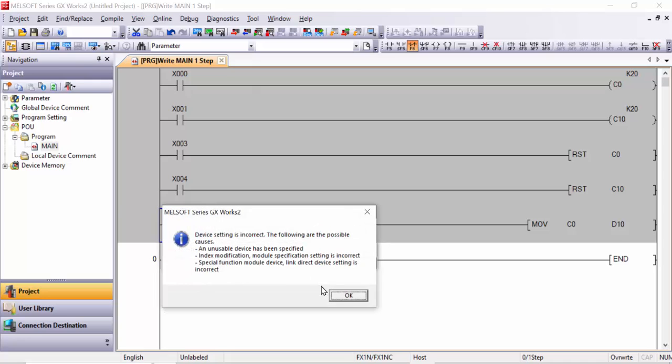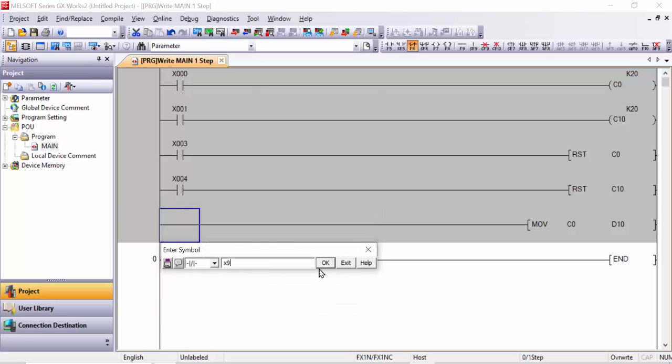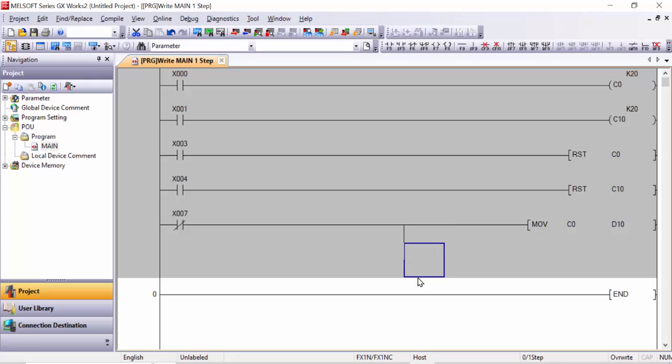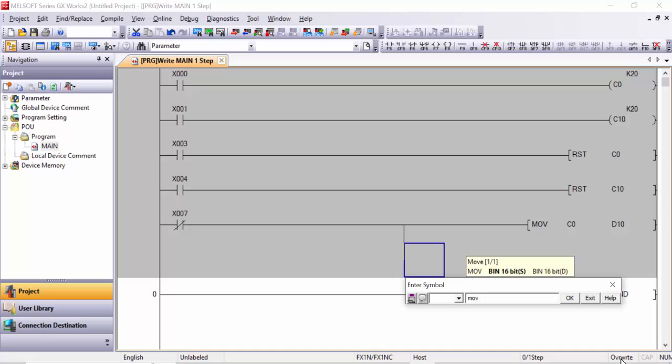X9, sorry, X9 is not there, X7 we can take, and also one more row you can take, and here you can move C10 into D20,